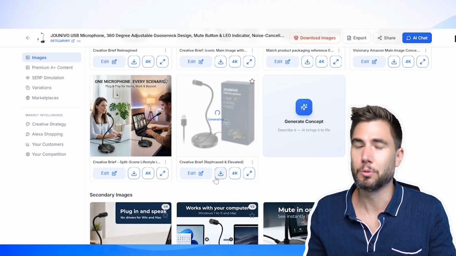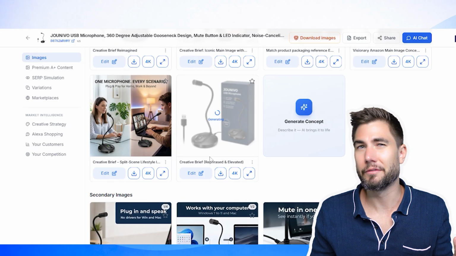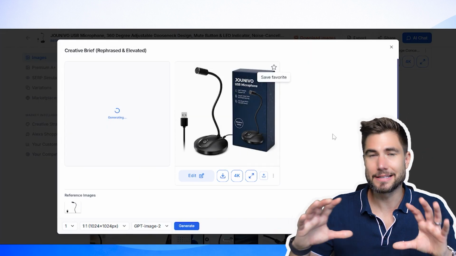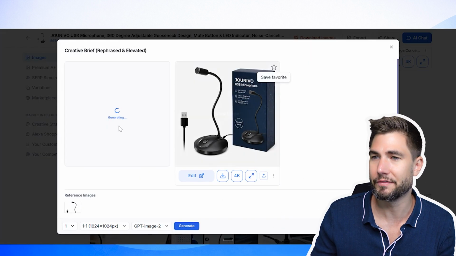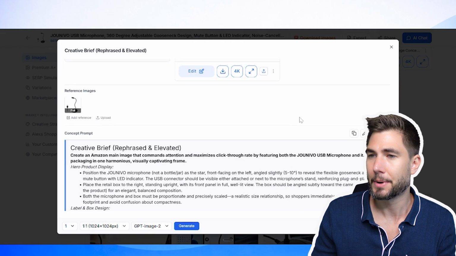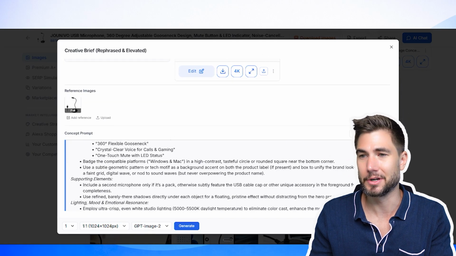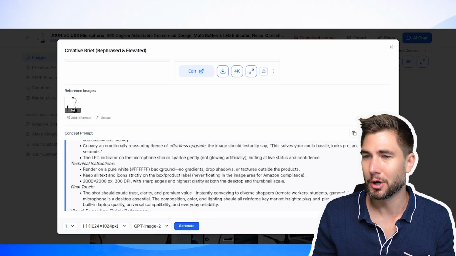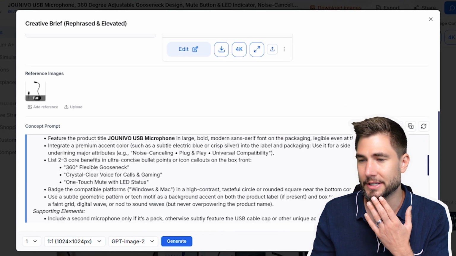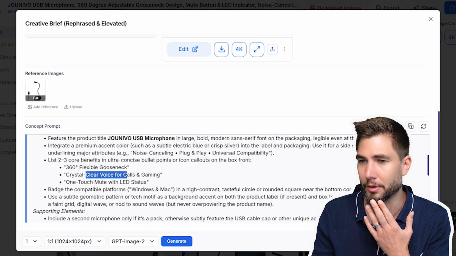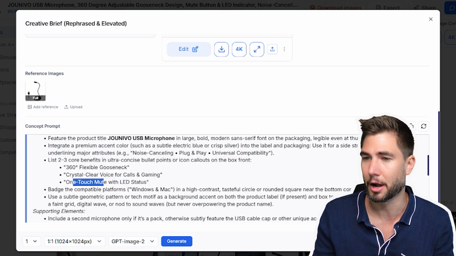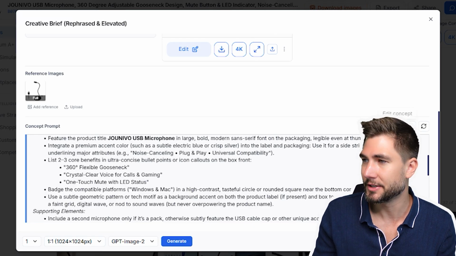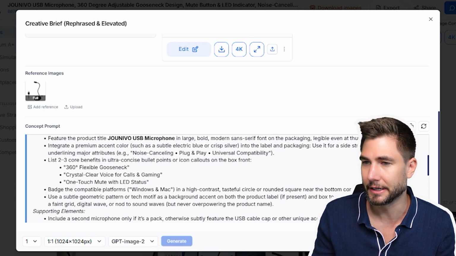So your other option when it comes to editing an image is to do more of the manual process. So if I click on the image itself, I'm going to see the expanded menu with all of the different variations I've created, but I'm also going to see the entire prompt down here. And what you're going to notice is that the prompt is quite detailed. So if I look here in the prompt, you can see this is where it's giving me those 3 different features of the product. If I wanted to change this and just say, hey, let's go from saying 360-degree flexible gooseneck,